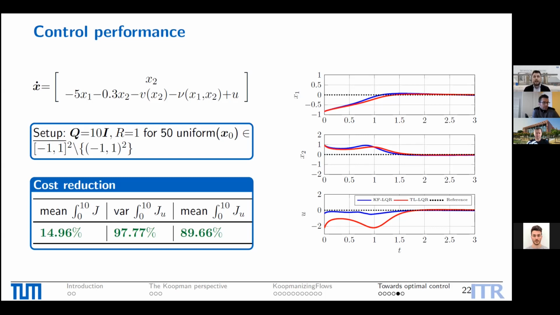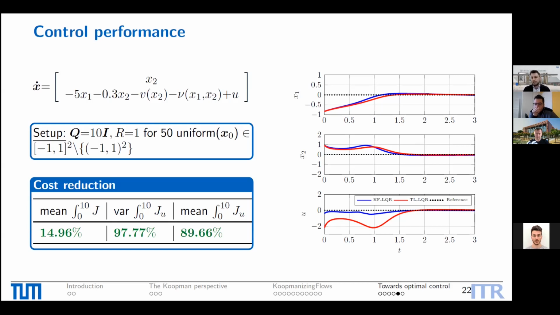It doesn't seem like much, but the system is anyway very well damped, so there's not too much that's possible to do in that overall regard. But we can see that the variance and mean are hugely, more than a factor of 10, reduced compared to a